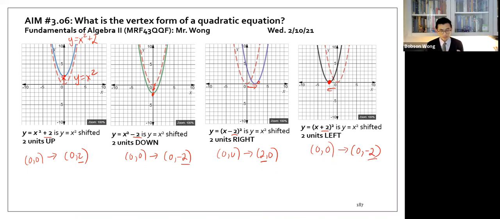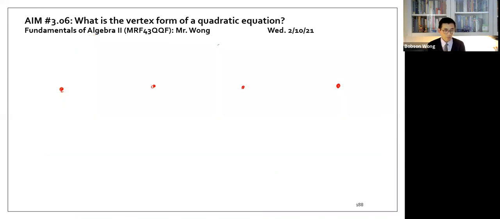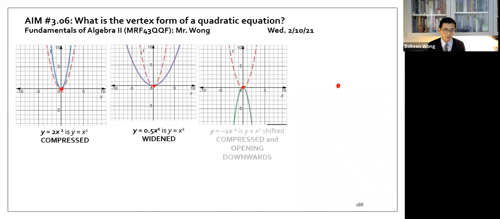If we take the variable x and we add or subtract the numbers directly to the x, but within the square, that shifts the parabola left or right, and that also helps give us the coordinates of the vertex. So we can actually summarize all of these